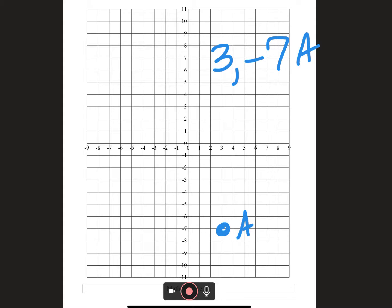I haven't given it a name yet. Let's call it coordinate A. So I'm going to ask you to flip or mirror or, the big kid word, reflect, but you've got to actually have somewhere to reflect it over, right? We need a line to reflect it over. And today we're going to practice 2 types of reflections. The first one is going to be reflecting it across the